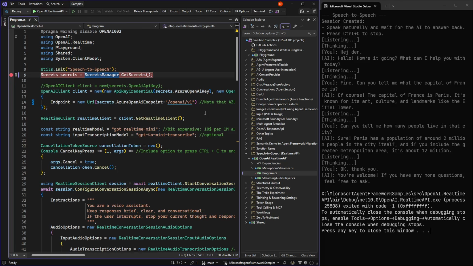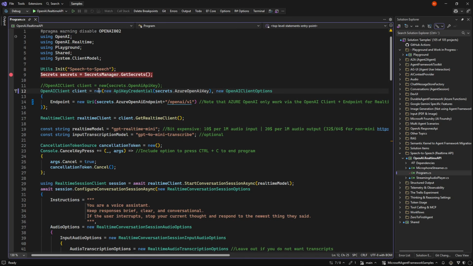So that's the demo. We talked about Paris, but we can talk about anything. So let's have a look at what the code actually does and why it works the way it works. We first get our normal secrets, and then we make either our OpenAI client or our Azure OpenAI client.